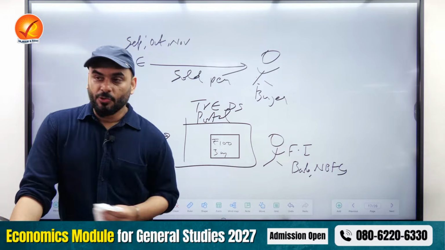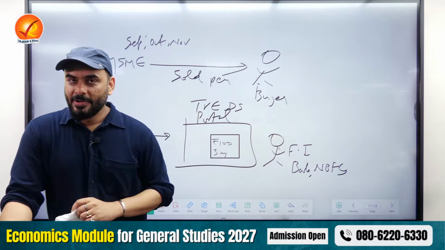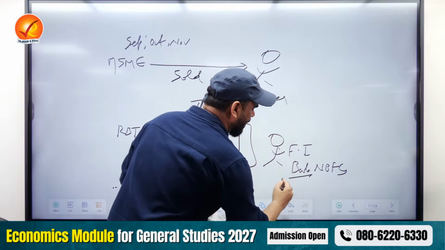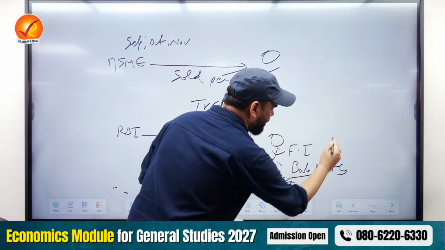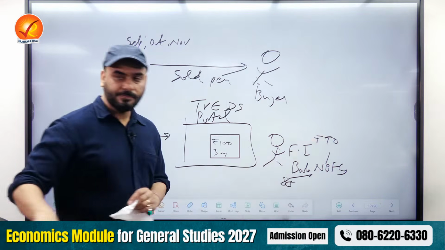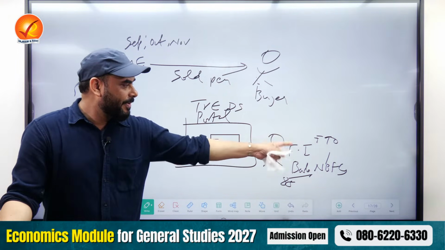I want to sell it to you. The value of the piece of paper is 100 rupees. How much would you like to give? So suppose the bank says, I will give you 90, or let's say 85. And the NBFC says, I'll give you 90 rupees. So the MSME says, done. You take this piece of paper and give me 90.